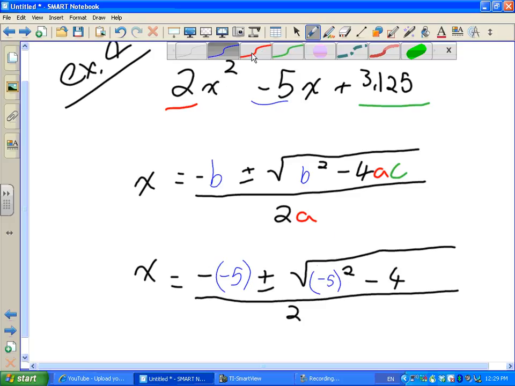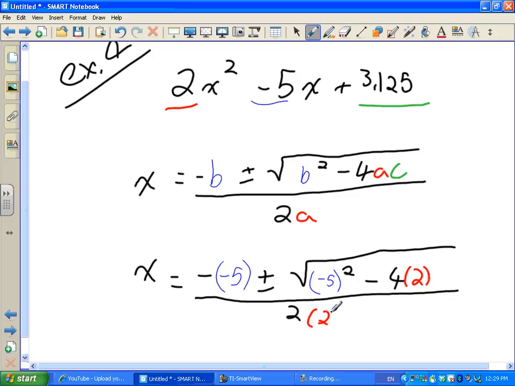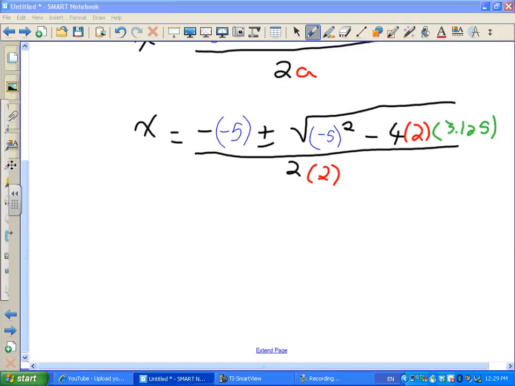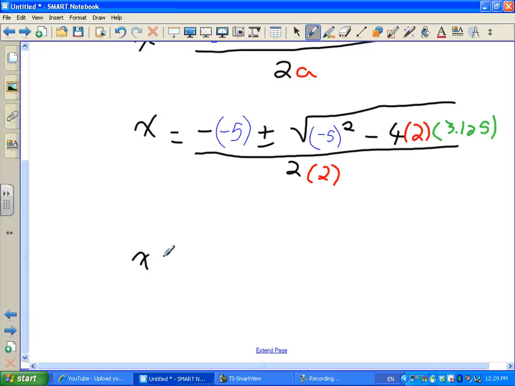Our A is positive 2. And finally, our C is 3.125. So, we're plugging into our quadratic formula to solve for x-intercepts. X is equal to positive 5, plus or minus